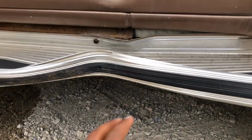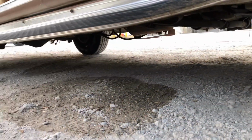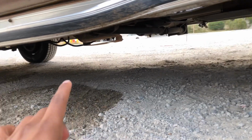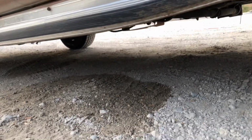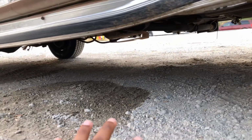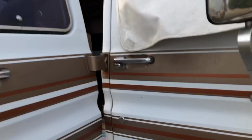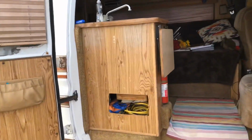not only did this crack, but it led us to having a plumbing issue down below. So whenever we use our shower or our sink, it drips. Thankfully, this is just the gray water tank and not the black water tank. All right, moving forward as we go further into the camper,